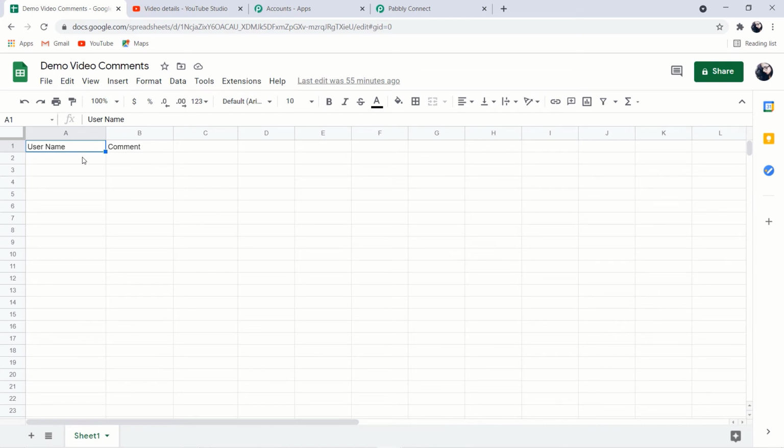Here what I am going to do is add 3 headers. The first one is the username. Why? Because the first detail that I want from the comment is the name of the person commenting. That is why I selected the first header as username. The second header is comment because now I want to see the comment of the person. So the next thing that I'm going to write is comment updated. Let me tell you why, because the next thing that I want to see is the date and time of the comment. That is why I add the header as comment updated.